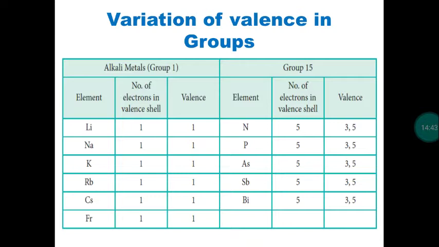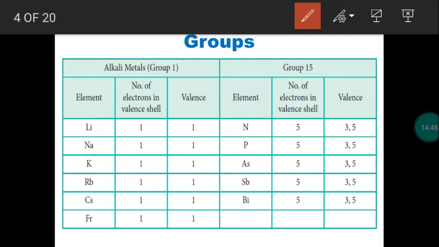Another example, group number 15. Right? Group number 15 is what family? Nitrogen family. What are the members? Nitrogen, phosphorus, arsenic, antimony, bismuth. All these are the members of group number 15. And we know the atomic number as well as the electronic configuration of each species. So nitrogen, atomic number 7. 2 electrons will be in the first shell, remaining 5 electrons will be in the second shell. 1s2, 2s2, 2p3. So totally 5 electrons will be in the outermost shell, the second shell.